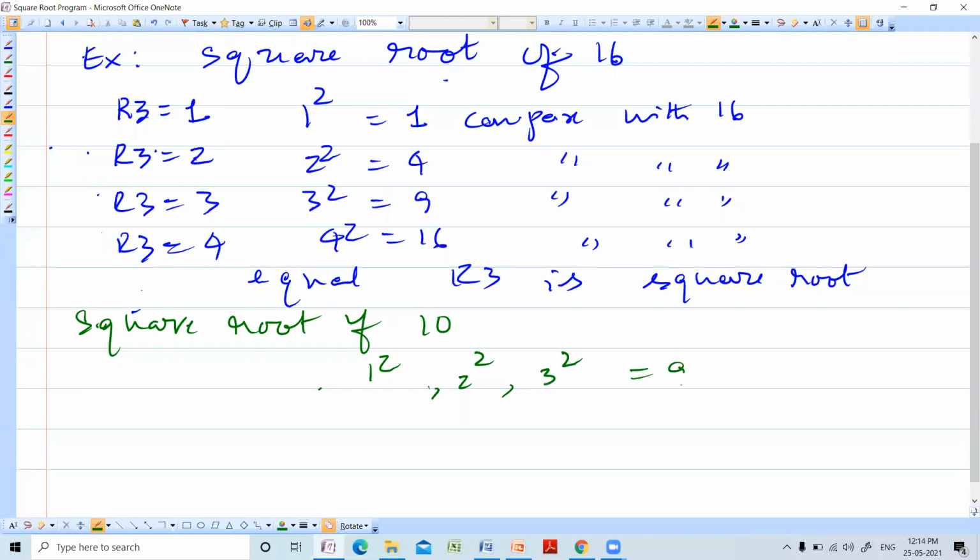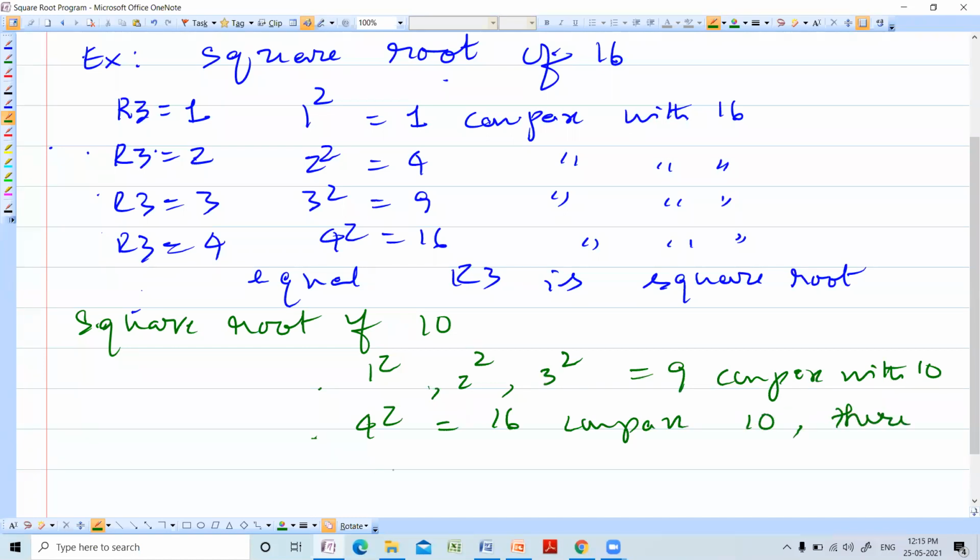So 3 square is equal to 9. Compare with 10. Not equal. So find out 4 square. So 4 square is equal to 16. Compare with 10. There is no carry when you are comparing.